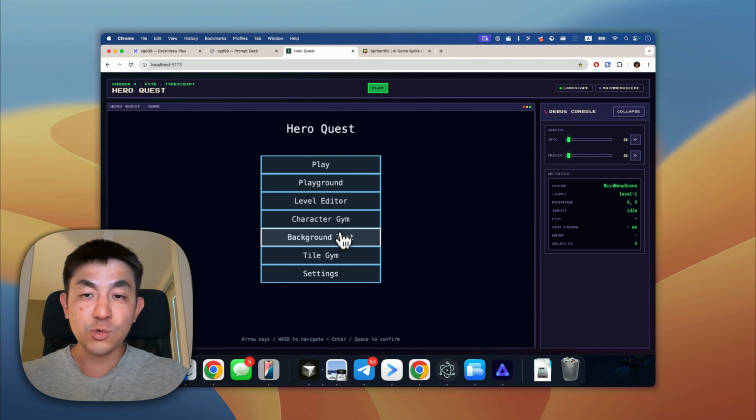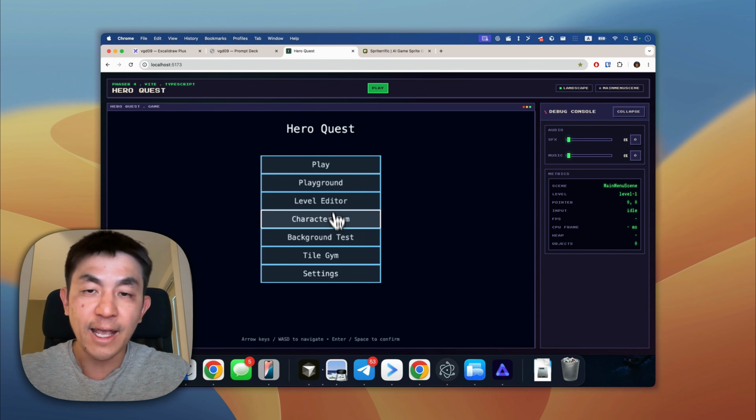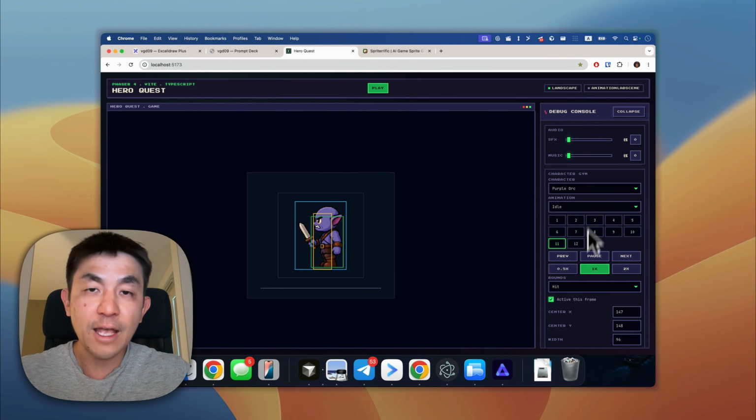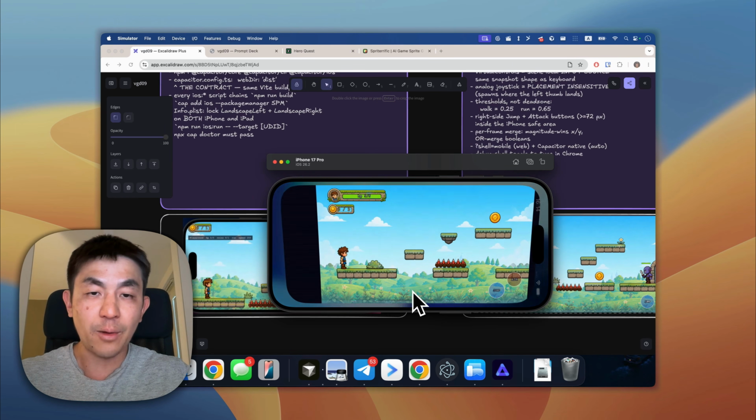Don't try to ask AI to get all of this collision bounds correct for you. Don't try to ask AI to fix all these frames and everything for you. Get the tools in, and then you can debug what's going on, and then you can customize things as you wish. Now, the final thing that I wanted to talk about is how I got this running on a simulator,